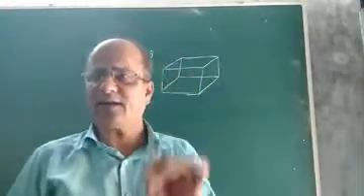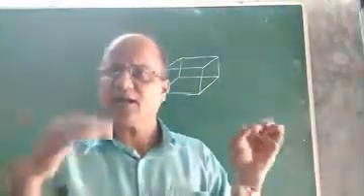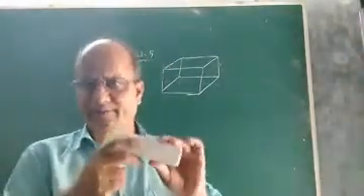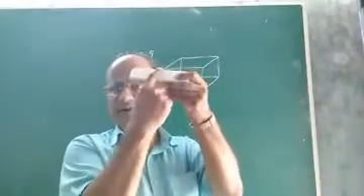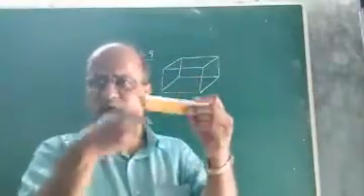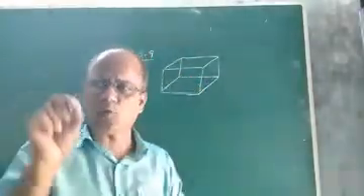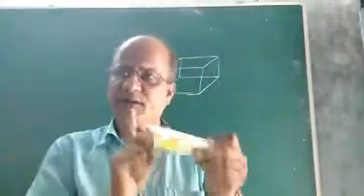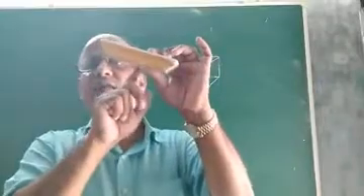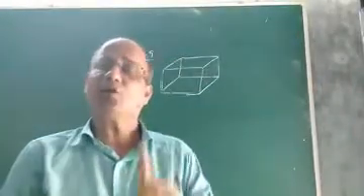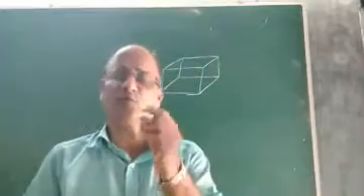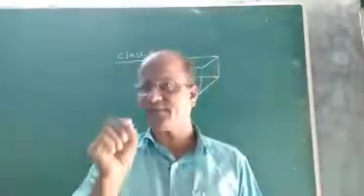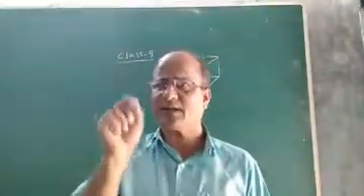So what is meant by lateral surface area? It was discussed in the last class. Lateral surface area means, in a cuboid, suppose the duster is a cuboid. You see, this is the base of the duster, this is the top. Other than the base and top, the four rectangular surfaces in a cuboid are called lateral faces or lateral surfaces of the cuboid. Now how to find the area of those four lateral faces? The area of four lateral faces of a cuboid is known as the lateral surface area.